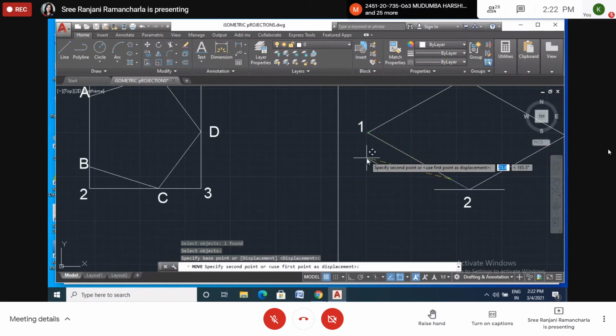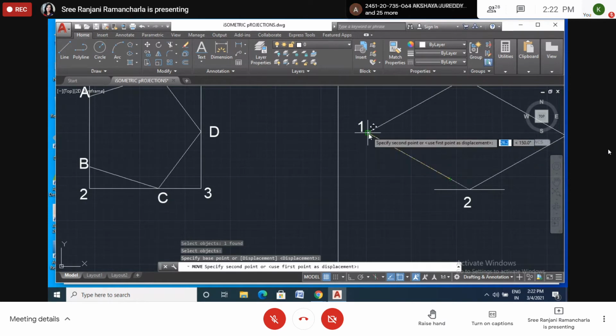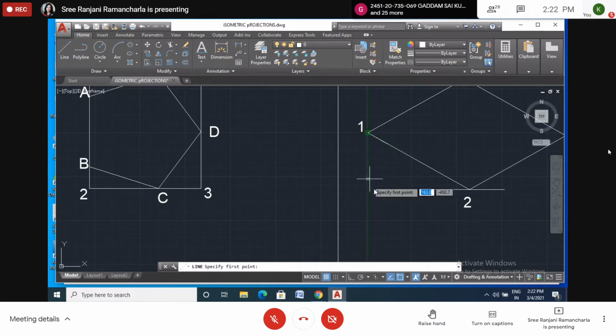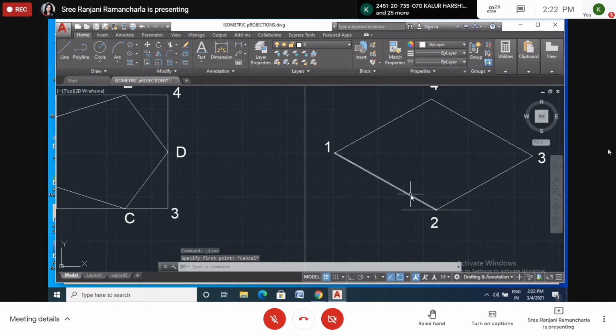Line is there, right? You can see. So I'll take copied. Whether it copied or not, how can we know? Just take any command and move your cursor. See, now see, end of the line. So here the line is there. This is the center point of that line. Okay, so the line is there, copied. Now here we got these two lines.